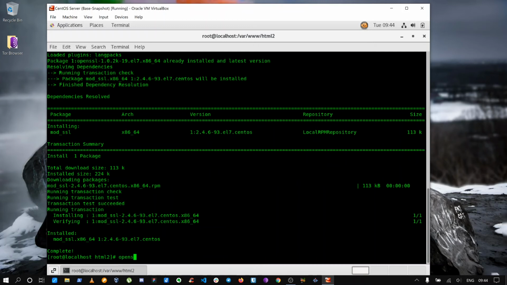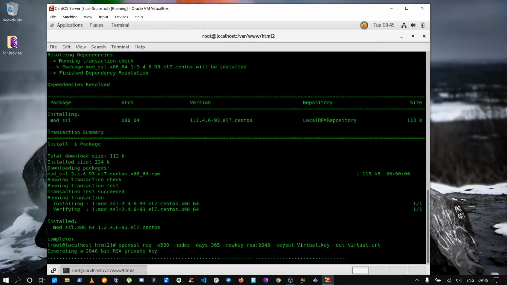So before I do anything, I'll generate the certificate. For that I'll say openssl req -x509 -nodes -days 365 -newkey rsa:2048, with keyout virtual.key and certificate out virtual.crt.